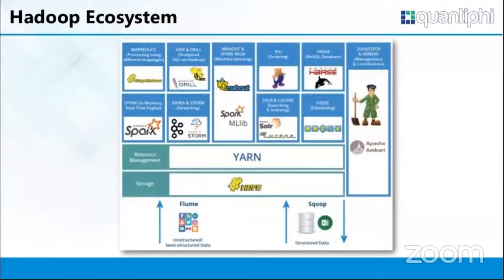You can see MapReduce is there, then Spark, on which Shivam is going to conduct the session. Then there is Kafka, used to get streaming data from a variety of different sources to HDFS. Spark is a very efficient and very hot technology in the market as of now. If you want to go for Hadoop, go for Spark, PySpark or Scala. Then for machine learning, Mahout is also there. I haven't worked on Mahout, but yeah, it is there. Then Solr is there, Pig is there, HBase, and there's one more component called Hive. I think it is not mentioned here, but Hive is again an important component.